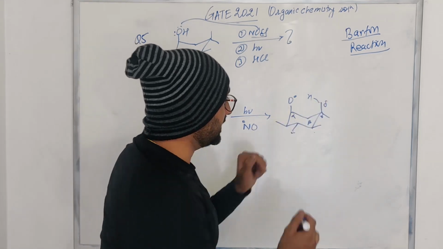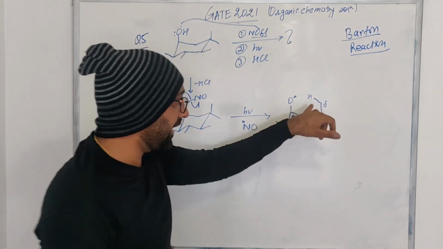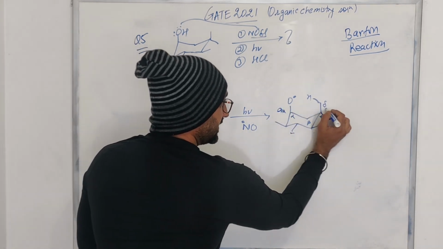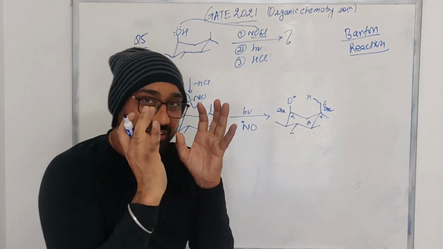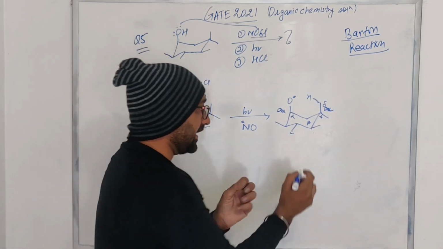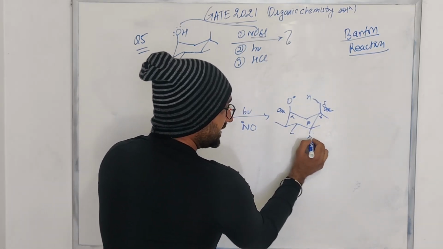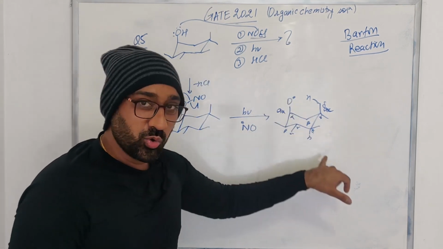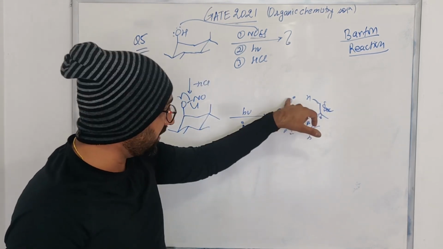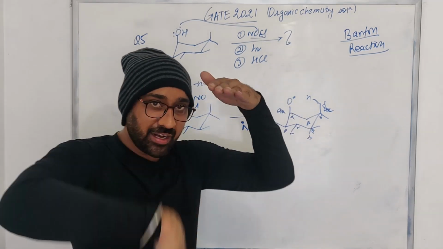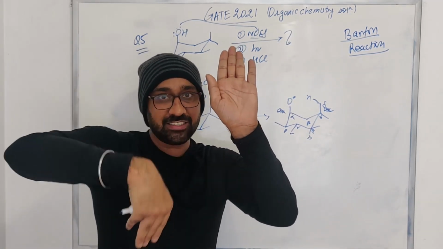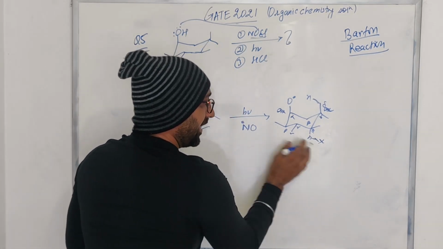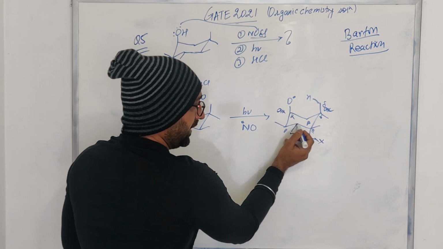Why is it picking up this particular hydrogen? It is doing that because they are both axial. This hydrogen is at an axial position and this methyl group is at an axial position. So they are properly oriented. This one here is alpha, beta, gamma, delta, so this is just too far away from it. Anyway, if this OH is going up, then this hydrogen is down. So this OH is here and this hydrogen is on the lower side, so it is not properly oriented. It cannot pick up this one.